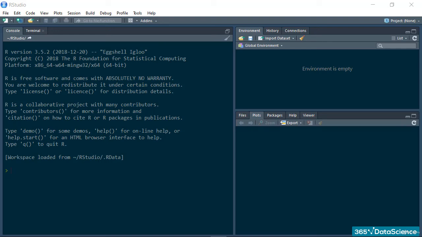Hello and welcome to our lecture on creating a bar chart with R. So let's jump straight into RStudio and start writing